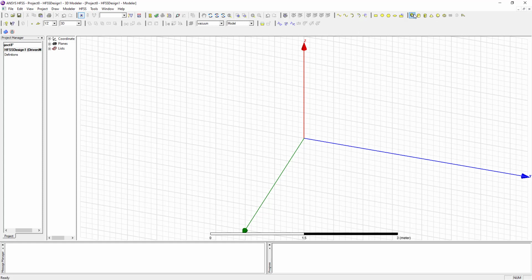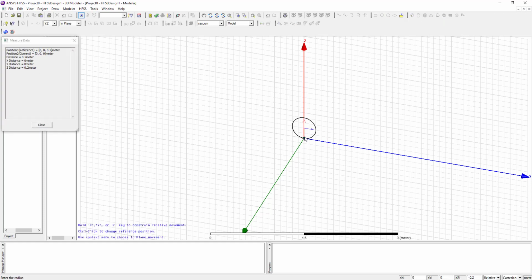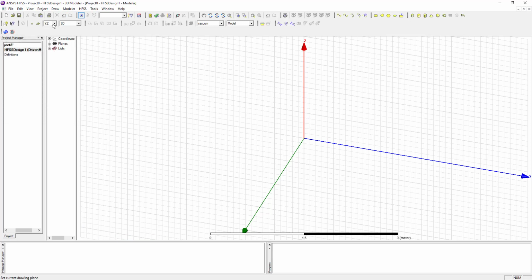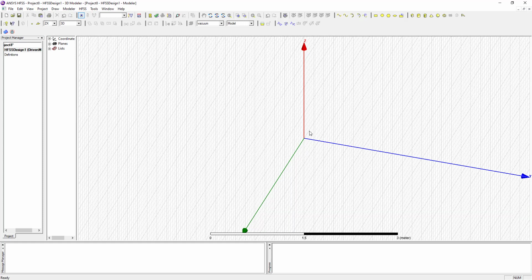Sorry, this is the YZ plane. We have to design, or I am designing the boom like this in the ZX plane.